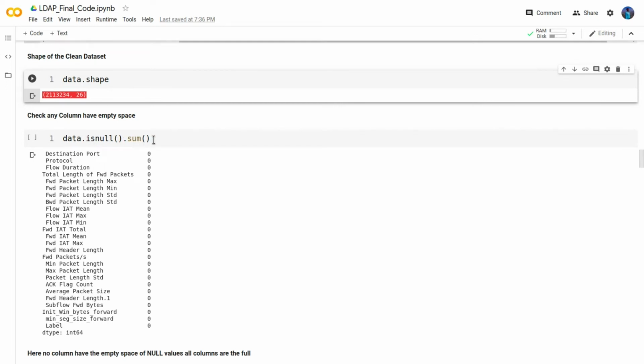Here we will use data.isnull().sum. This is the process to see whether any column has null values, because if any column has null values, we will fill them using the fillna process.